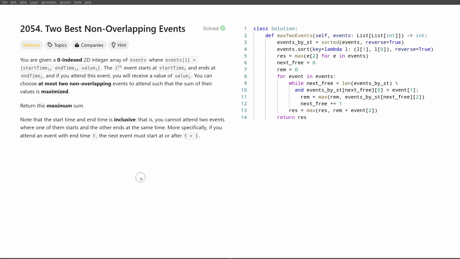Hello everyone. Today we'll talk about the solution to the problem two best non-overlapping events. Typically in problems like this, including events, so including intervals, there will be some sorting involved. That might be sorting based on start time, sorting based on end time, maybe sorting based on both at the same time. That is, we split every interval into two events, the event of interval starting and the event of interval ending. And it's because it's natural to reason about those problems, in many cases, in a sweep-line fashion, where